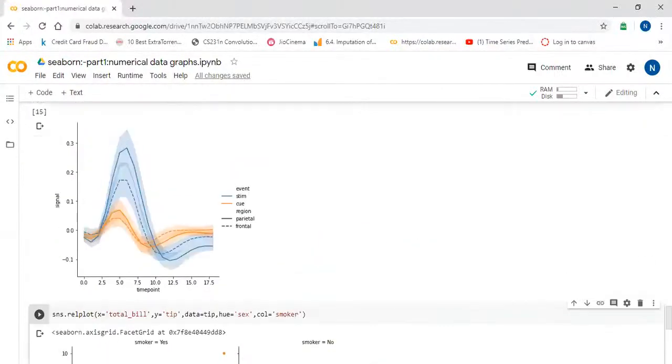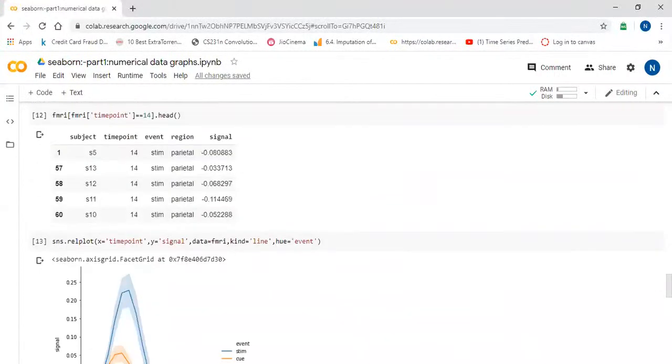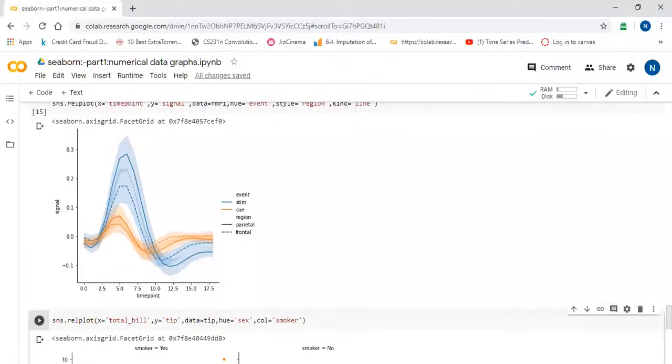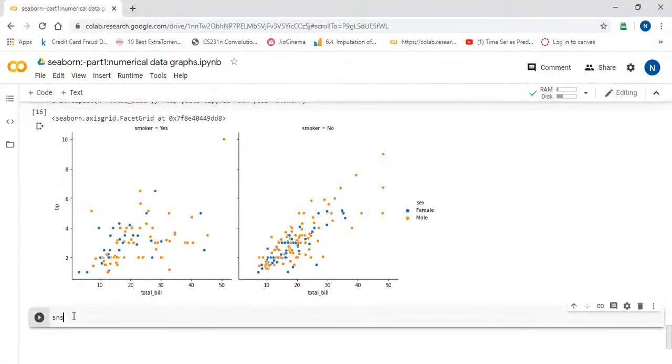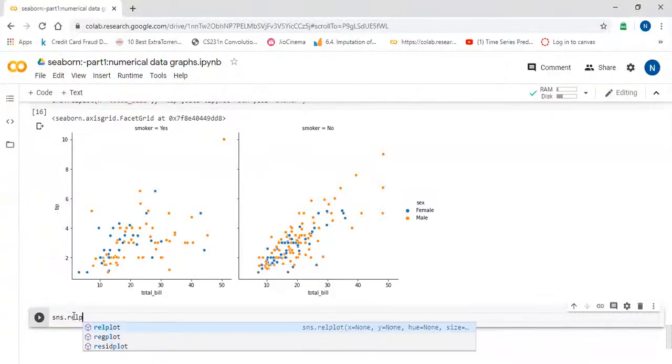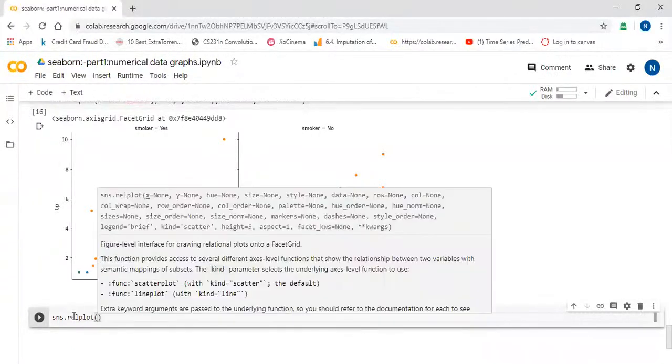So this is all about the numerical data plotting. There are other parameters as well, and you can explore those. I have shown you the most frequently used parameters. Let me show you sns.relplot: x, y, data, hue, size, style.